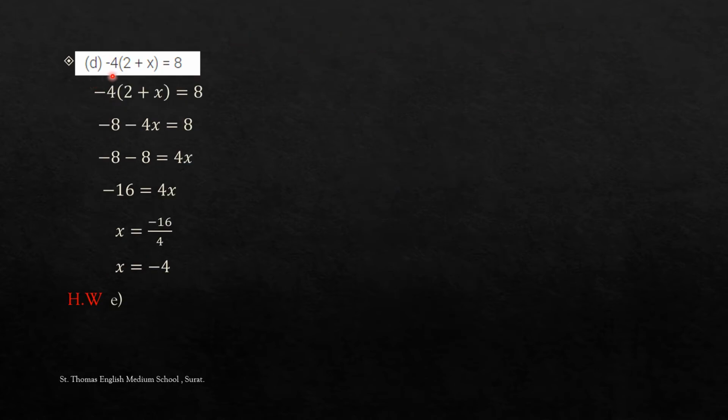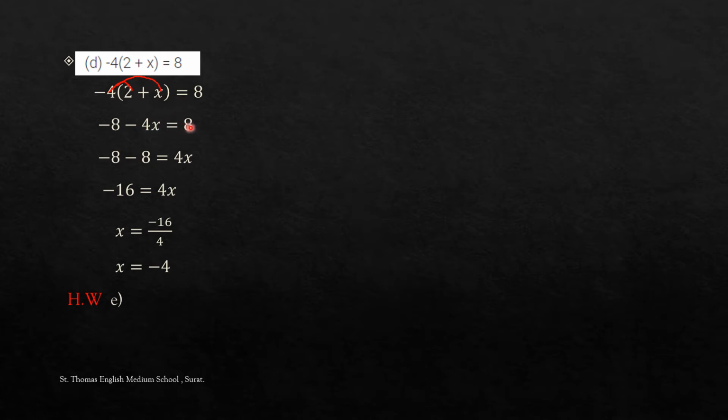Question number D. Minus 4 bracket 2 plus x is equal to 8. Write the question once again. Now you have to remove the bracket. So minus 4 multiplied by 2. First you have to multiply the sign, then you have to multiply the number. Clear? Now minus 4 twos are 8, plus into minus, minus. Next one, minus into plus, minus, 4 into x, 4x. Clear children? So first you have to take the sign, then you have to multiply the number,